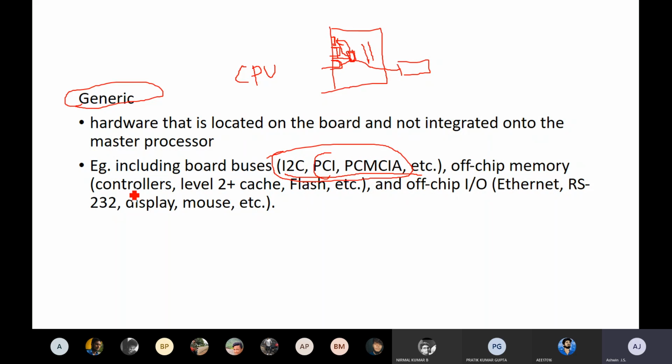Off-chip memory means the memory which you are connecting externally. The controllers, the level 2 cache, flash, etc., represent the hard disk and pen drives. Those are the external off-chip memory and off-chip input and outputs. Input and output means Ethernet, RS-232, display and mouse.